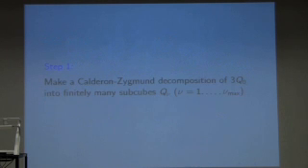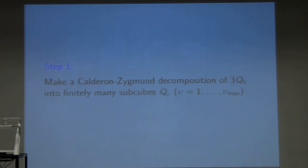Okay, here it goes. So now from, I don't know, from 100 feet. Okay, so step 1, we make a Calderon-Zigmund decomposition of 3Q0 into finitely many subcubes Q nu, nu equals 1 to nu max. So remember,